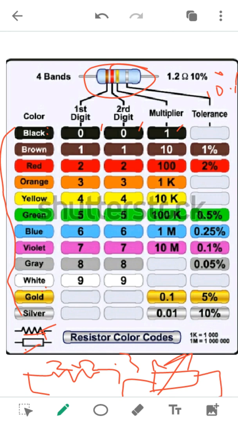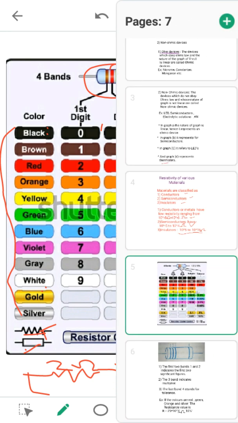So if this lockdown is completed and we start the college, in the lab you can see the resistance boxes, and we will also show the fixed resistors. These are the fixed resistors, not the variable resistors. A variable resistor will be a big box which has resistors of different values. It ranges from 0.1 ohm to infinity. That means there will be wires of different resistances in that box, okay.